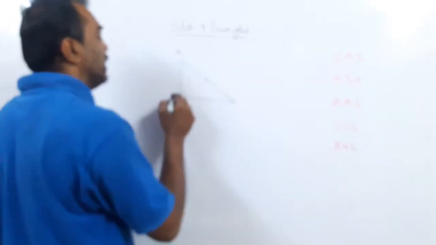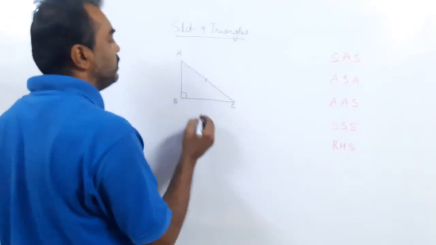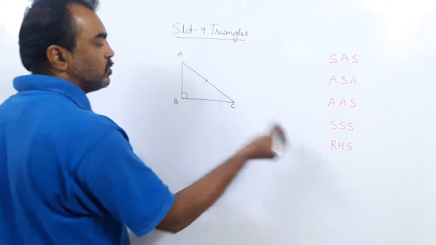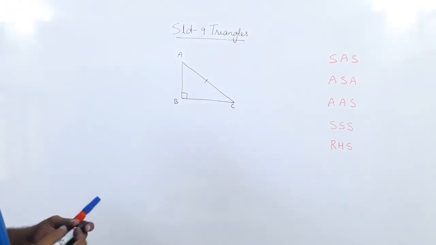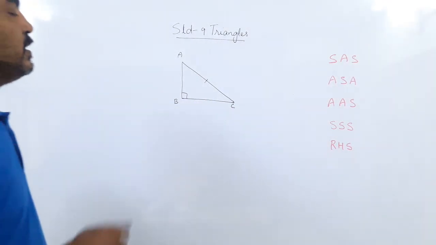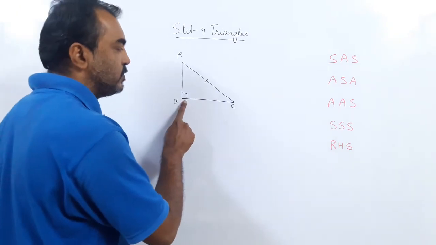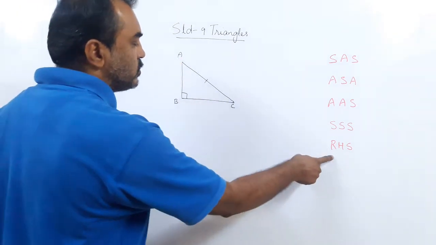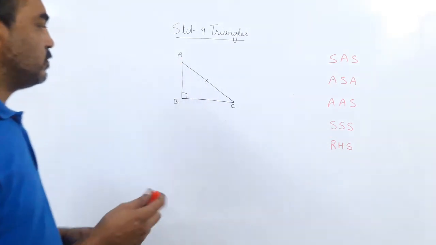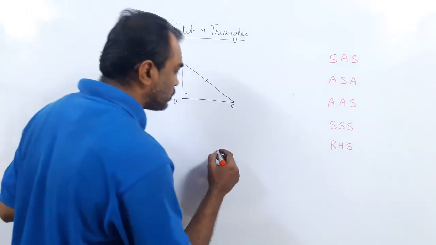Now the S can be any side. The S can be AB also or BC also, that depends upon the sum. Okay, so what is given here? RHS means right angle, the hypotenuse, and one of the two sides. So let us say